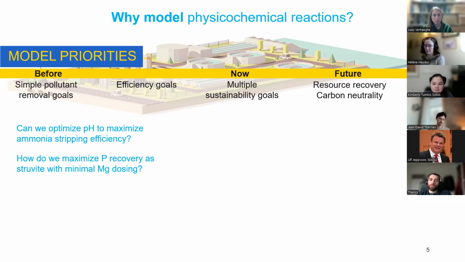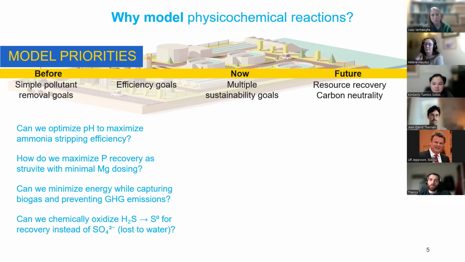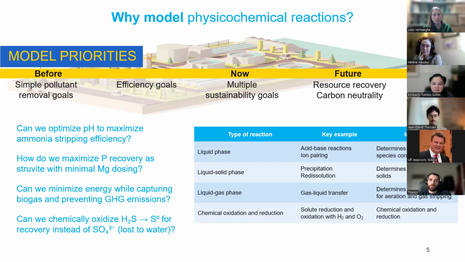maximize ammonia stripping? How can we maximize recovery of phosphorus with minimal use of chemicals? Can we minimize energy while capturing biogas and at the same time avoid greenhouse gas emissions? Can we also chemically oxidize H2S to elemental sulfur instead of going until sulfate so that we don't lose elemental sulfur to water? And actually, every single one of these questions requires understanding the physicochemical processes that are on this